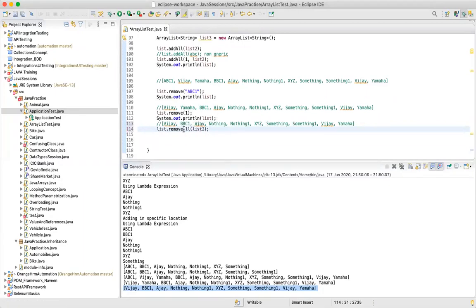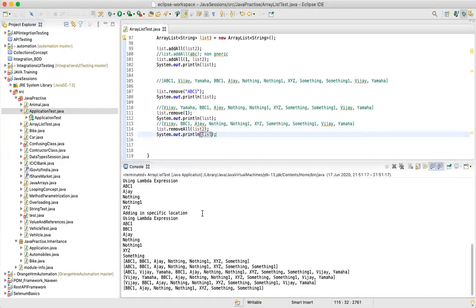Let me print the list. Now what this particular remove all will do is, all the elements which were present in list 2 will be removed from list. Earlier we were removing a specific element.